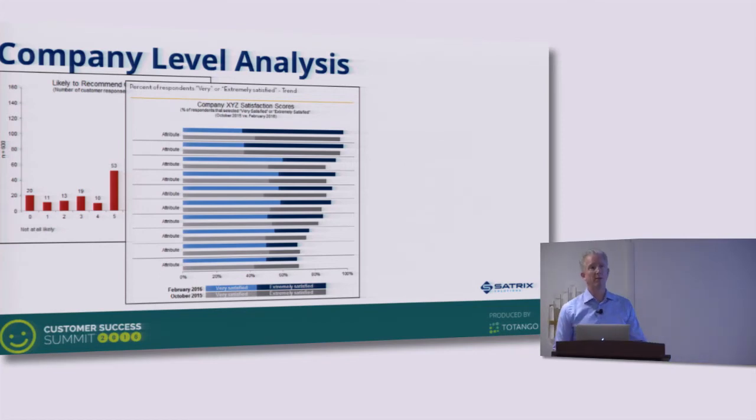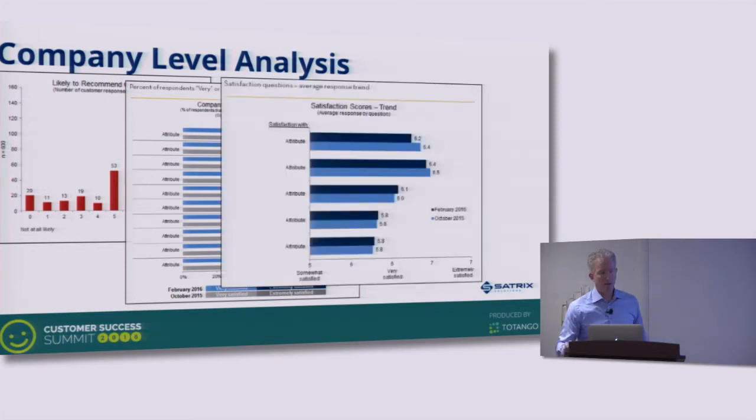Another very prominent and well-known way of analyzing survey data: of your respondents, how many of them selected the top box? Ordinarily, it's something like extremely satisfied, and the second box, which might be very satisfied. So if they're in that top two boxes, they're generally very happy. So let's look at that across all attributes. Let's look at that maybe from a trending perspective. Then, of course, you'll look at the average responses to different questions and how they compare and how they trend